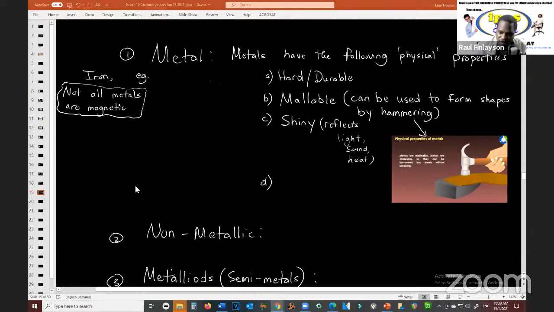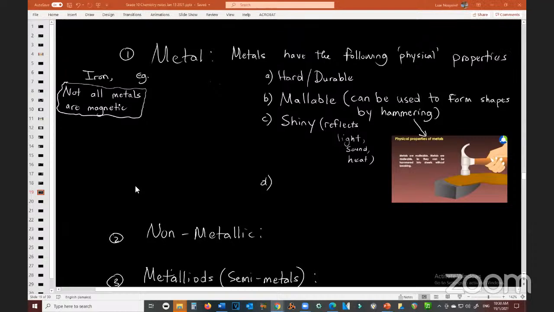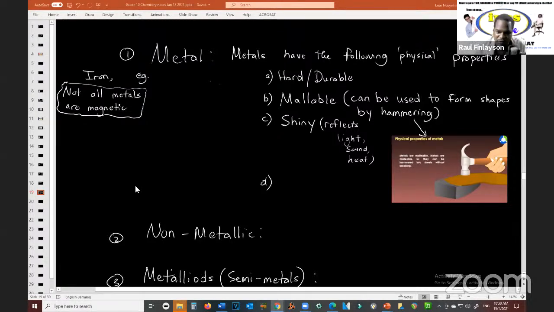Yes, that's what happens when you go in front of shiny objects. You see the light bounce off of it, including the light that comes off of you. So it reflects light, it reflects sound, and it reflects heat. More on that later though. But all metals have these three things in common, and we have two more. This other one now